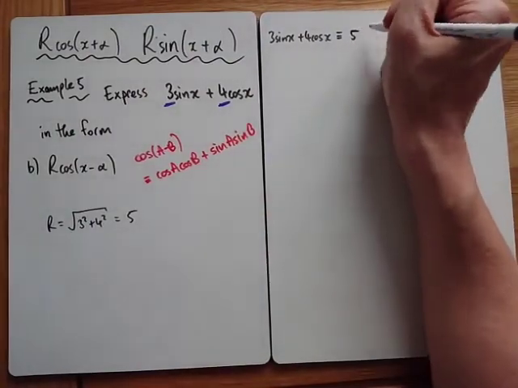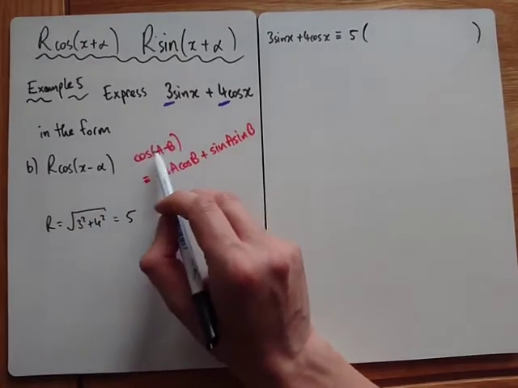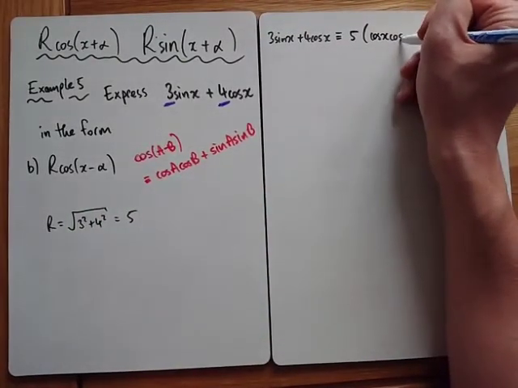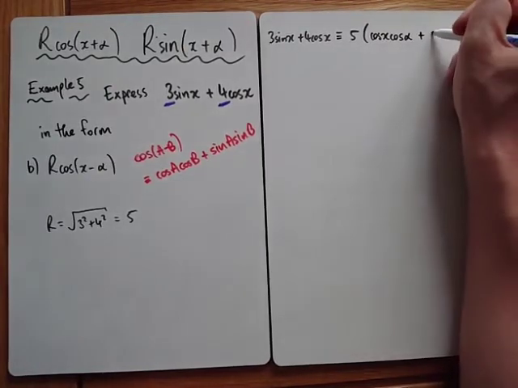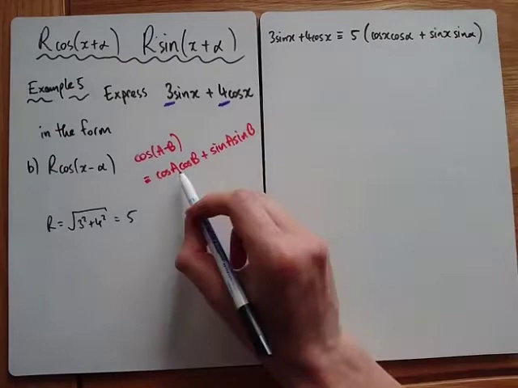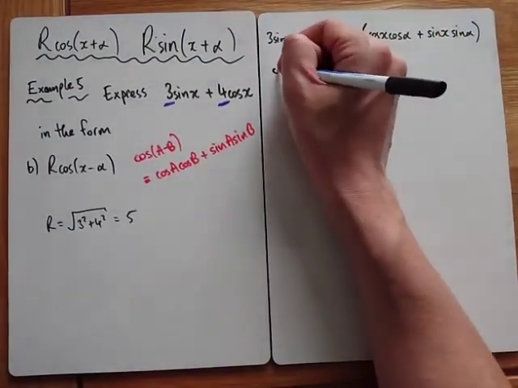So I'm going to write that as 5. And if we write it as cos x minus alpha using cos a minus b, that'd be cos x cos alpha plus sine x sine alpha using this identity. Let's go a bit quicker. So if we just equate both sides,